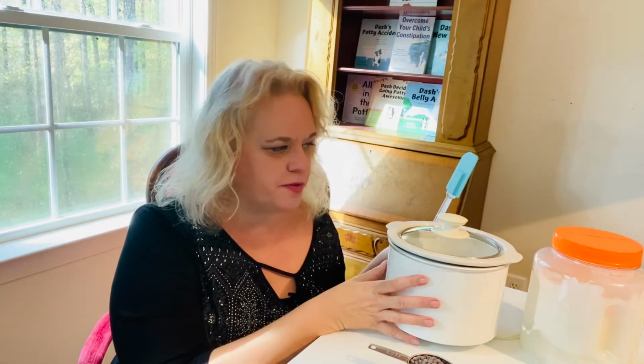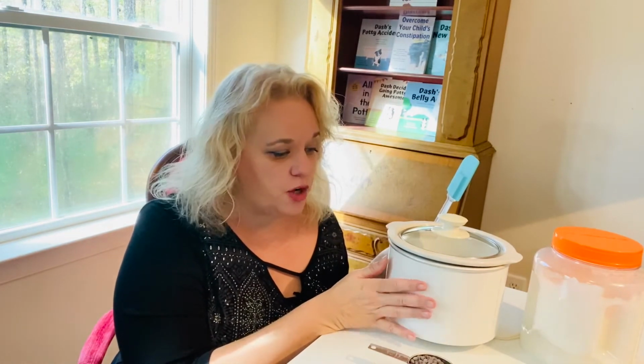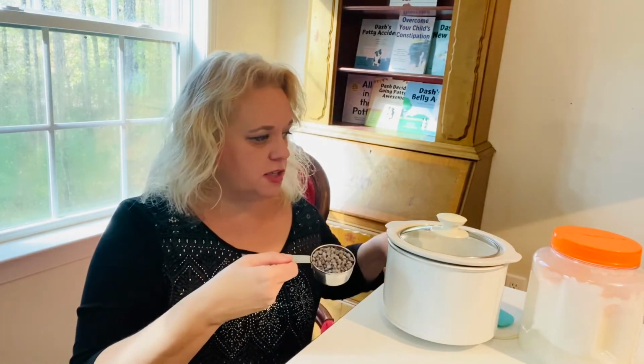Okay, so what we're going to do to make the chocolate coconut poop candy, I'm going to use this small crock pot. It's like a 3-cup crock pot. You can use this, or you can use a double boiler on your stove. And what we're going to do is melt equal parts of these chocolate chips that we talked about before